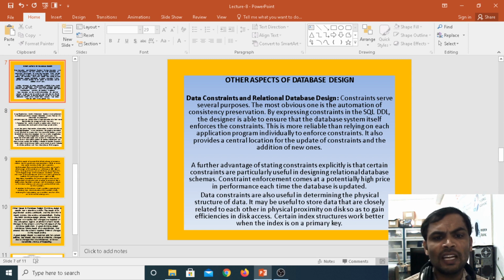Now if you want to design the database, we are using the constraints. Under the constraints, we are using the primary key, foreign key, not null, unique and default constraints. Those constraints we use at the time of designing the database. After using the constraints, next we go for normalization. The main purpose of normalization is to eliminate redundancy and duplicate data. With these things we design the database.